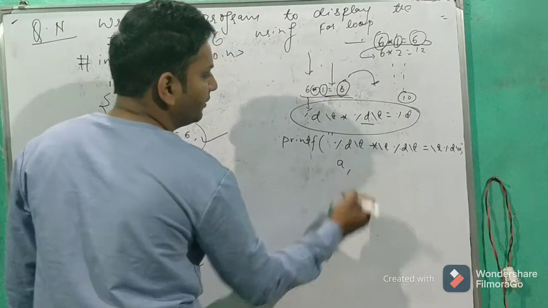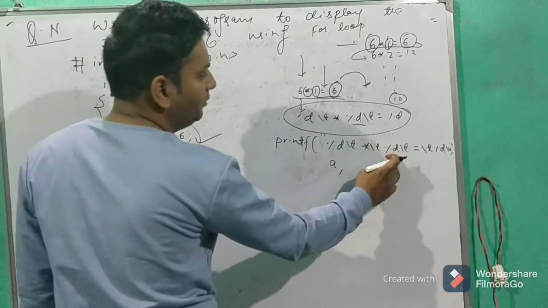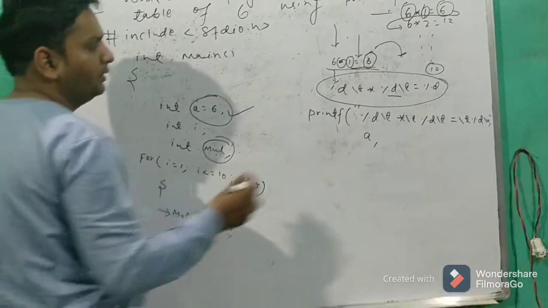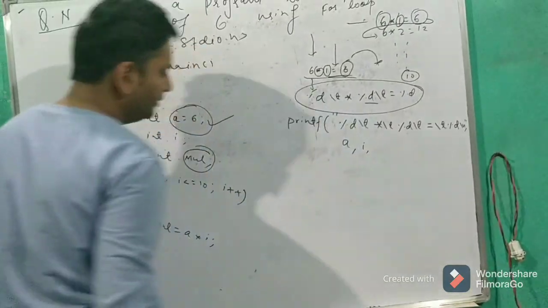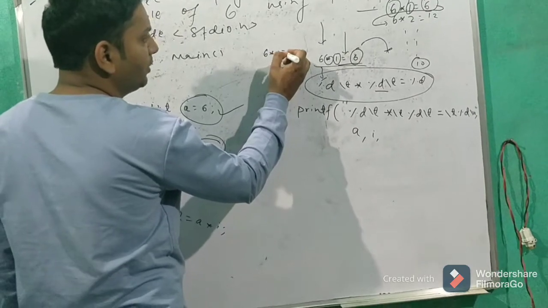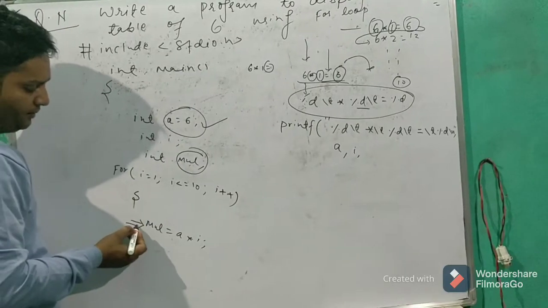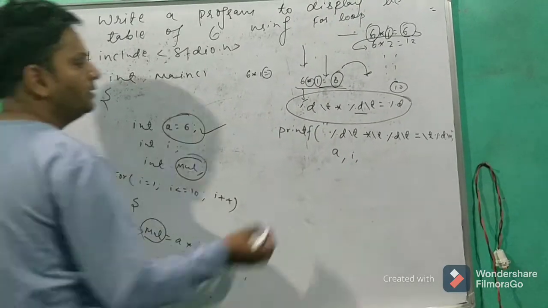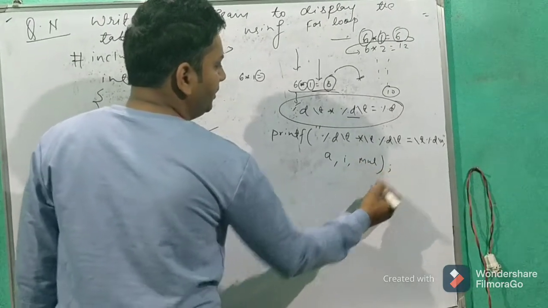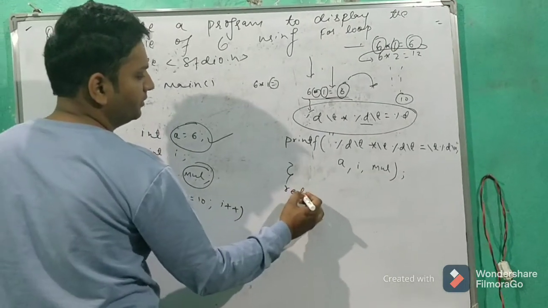Then I am writing a comma. After that it is going to print a star. Then we have a number, percentage d. This means it is going to take the range value i, so you write i. So this becomes 6 into i. Then we are printing equal to. Then we have the result. I am storing the result value in the mul variable, so I am just printing the variable mul. In this way we will get our final result. Then return 0.